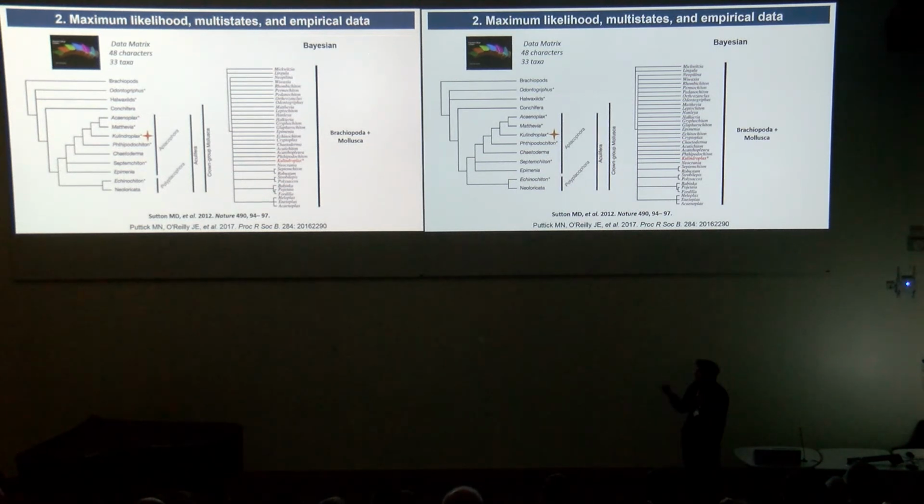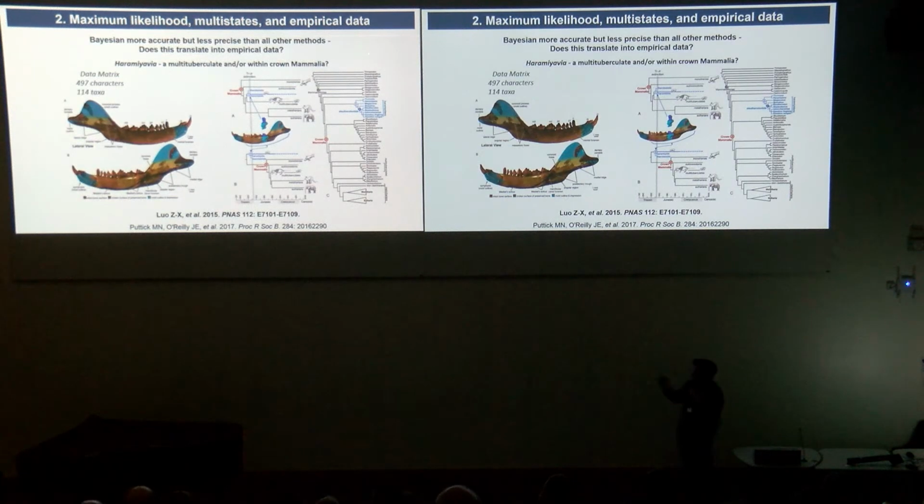precision, basically. Bayesian isn't able to get any sort of precision at this size of data set, so we're just getting a few nodes. And we can't even say whether this taxon is a brachiopod or a mollusk in these analyses. If we look at a larger data set, so this one is from a couple of years ago, and